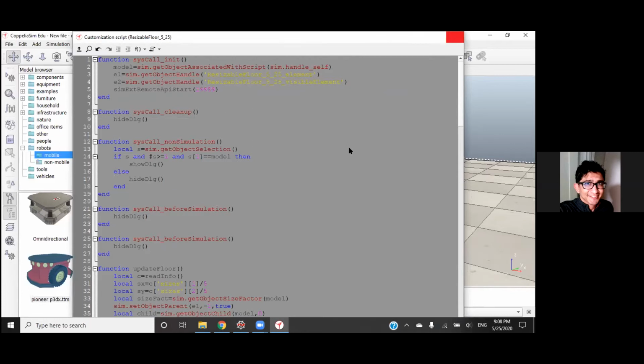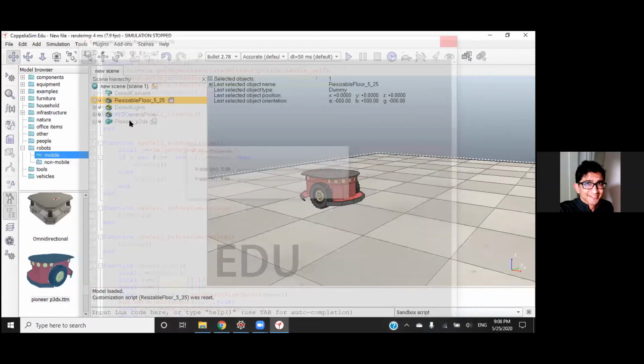Now we get to the second thing that you have to do to set up your Vrep environment, and that is you have to disable the script the robot comes with. All robots in Vrep